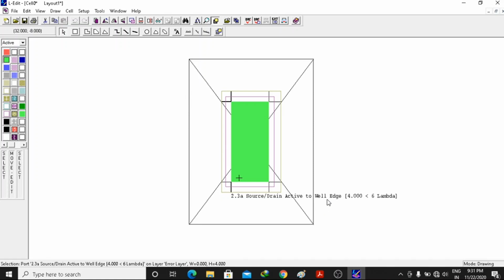So what next edit is coming, that this is the wall of active to well edge, this is the well edge, this height should be 6 lambda, okay, and here it is 4 lambda, that's why the error is coming. So let's try to increase the height of this well. Look, the error has come in the well, so we will do the modification in the well. Why would we modify anywhere else? And here also it's the same. Well edge is 4 lambda, so I will just increase the size of the well.